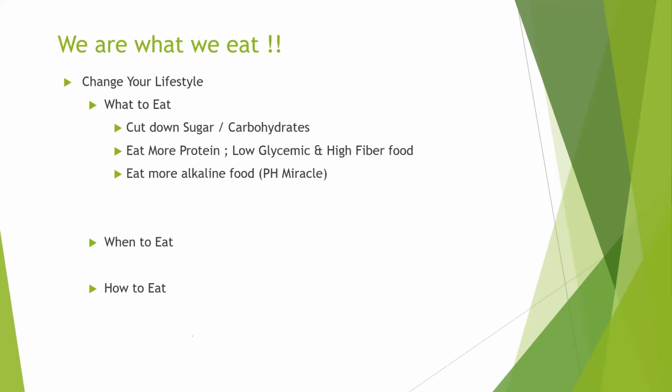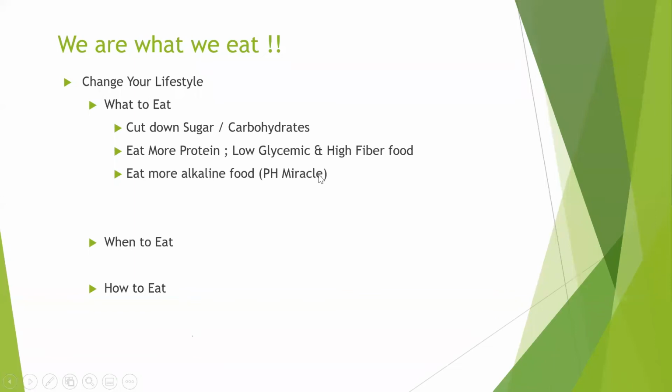It is again very, very important. Why do we need to take more alkaline food? Because there is a theory that alkaline food reduces inflammation in our body, and inflammation is again a precursor to a lot of diseases. So for example, salads and vegetables that we eat, they are alkaline. So food can be either acidic or basic. So what is acidic food? Carbohydrates are acidic food. But when we take a good amount of fiber, which is all the green vegetables, leafy vegetables,